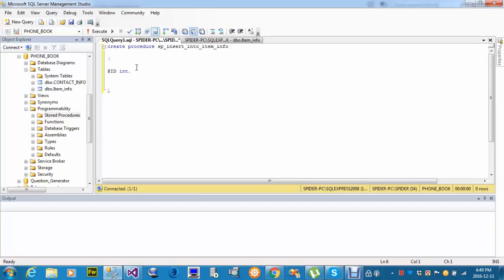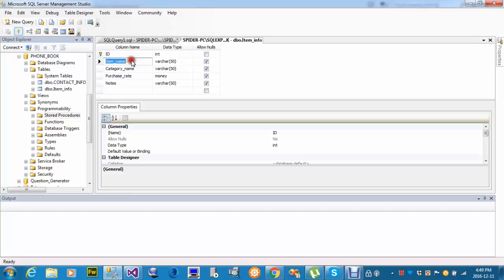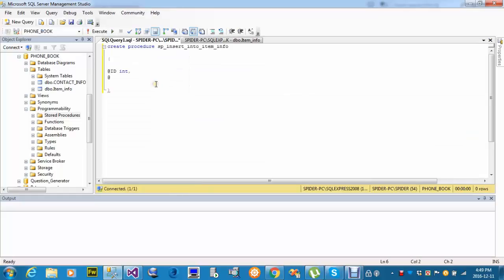and I don't need to declare length, it's only allowed for integer type. When I declare varchar, I need to allow my length size. So this time you will understand. For example, my item is a varchar, so I need to declare a length size. Yes, length size. At first I need to declare my data type